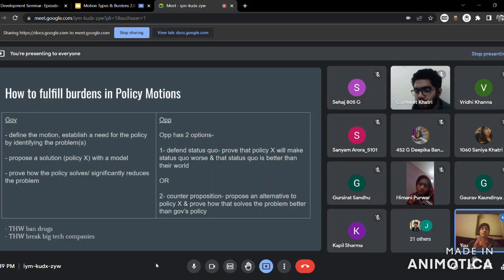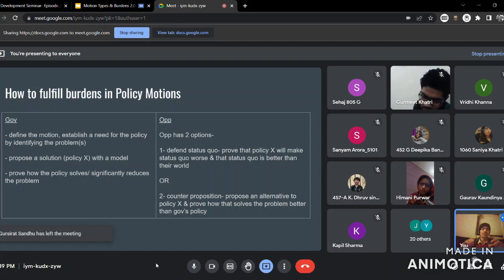The definition should be a fair one, a reasonable one. Both teams should ideally agree that, okay, this is the thing that we're talking about, and then debate what we do about this thing. That is the fair version of a debate. If a team tries to skew the definition towards their favor and things like that, then that is an unfair debate and that should be avoided. I'll give examples now of what is a fair definition and what is an unfair definition.